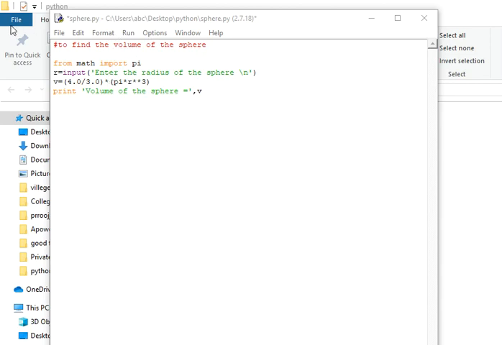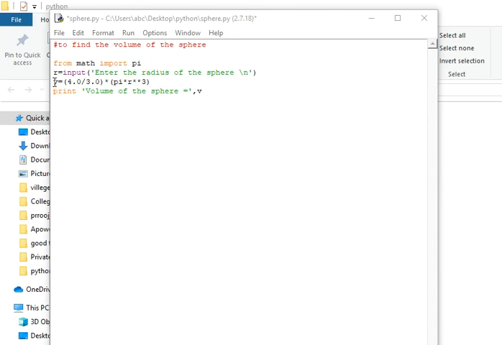of the sphere. Okay, so what you need to do first is from math import pi. I want to import pi over here, that's why I have put this line, from math import pi. And after that what you need to write is r, meaning the radius of the sphere. So I have put r equal to input, "enter the radius of the sphere\n" under inverted commas. You can put any whole number as the value, 1, 2, 3. The text "enter the radius of the sphere" will come in the output after running it.